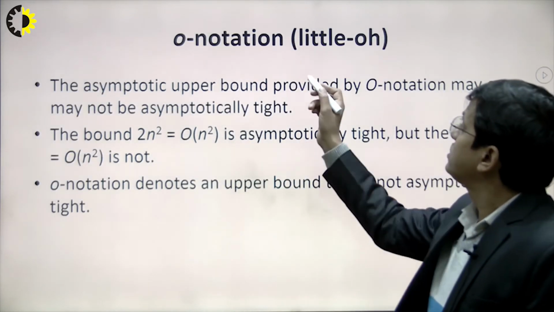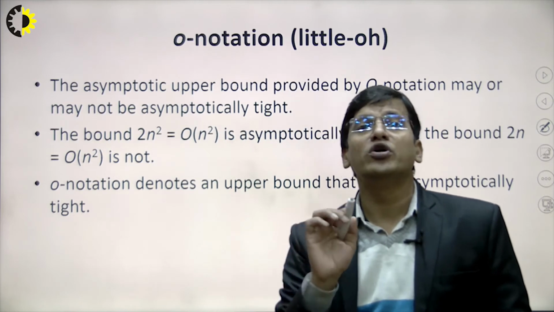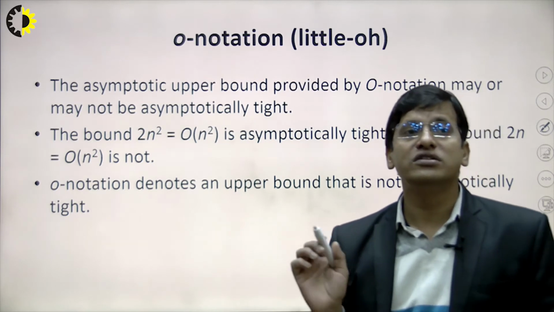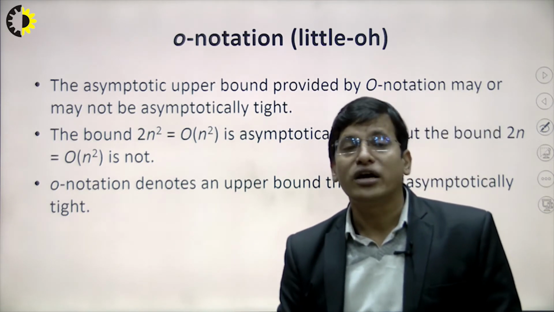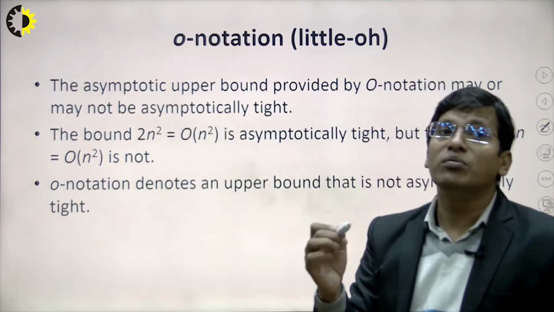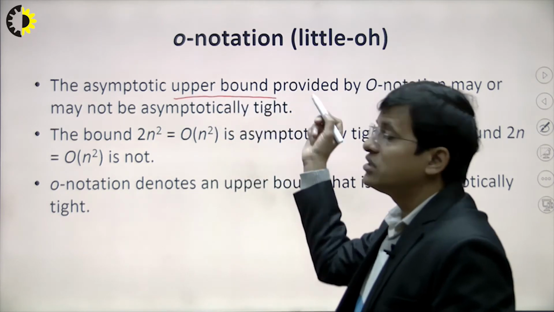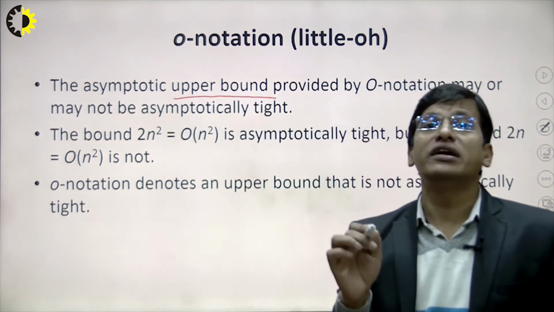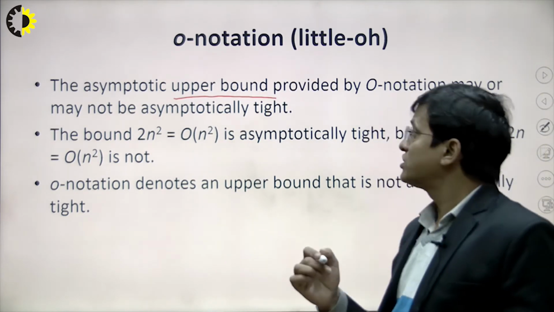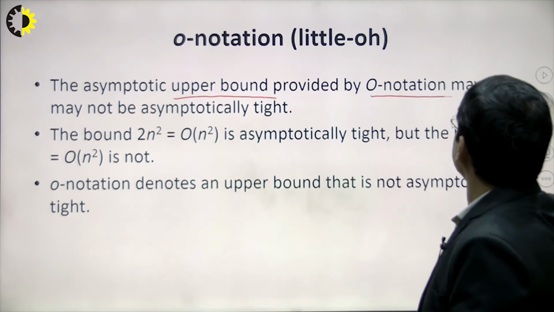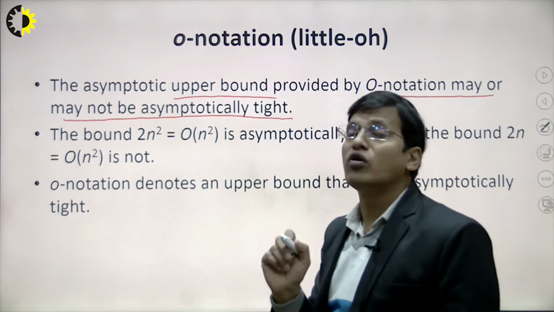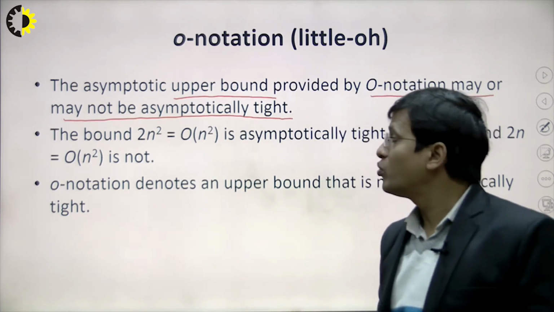Now we'll see the little o notation, which is similar to the big O notation, but this is not a tight bound. This means equivalency is not required in the little o notation. This is also an upper bound notation, but not a tight bound. It is an upper bound notation just like big O notation, but it's not a tight bound because the equality condition is not provided, so it may not be asymptotically tight.